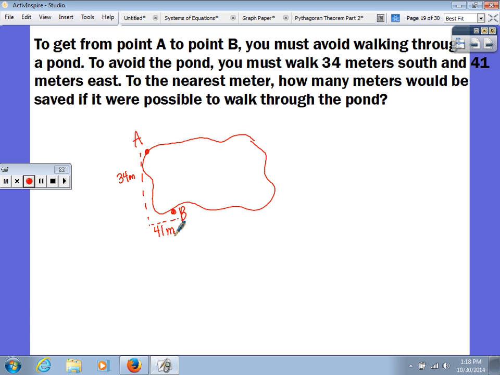Well, first I need to figure out what is my length here. Once again, this is where your L shape is, so that's your right angle. We're going to set up our equation, and it's going to be equals x squared, so that's the hypotenuse, and 34 squared plus 41 squared. So if we go ahead and we add these together, we're going to get 2,837 equals x squared. And I just skipped a step. If you square both of these and then you add them together, that's their sum. So then when you take the square root of this answer, you're going to get about